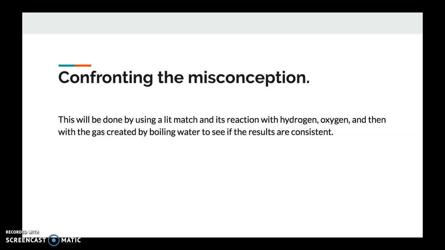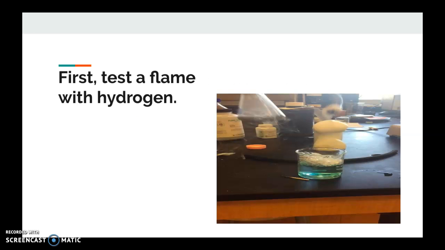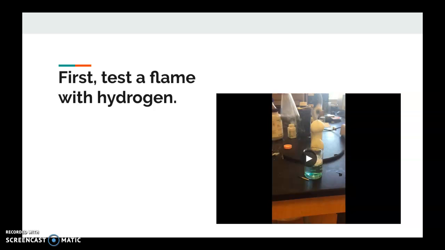So to test this and confront this misconception, you take a match and you light it, and you see the reaction of the flame with hydrogen, see the reaction of the flame with oxygen, and then see the reaction of the flame with the gas that's created by boiling water, or that water vapor, and see if those are consistent to disprove that misconception. So first, I tested a flame with hydrogen, and I made hydrogen by using zinc and